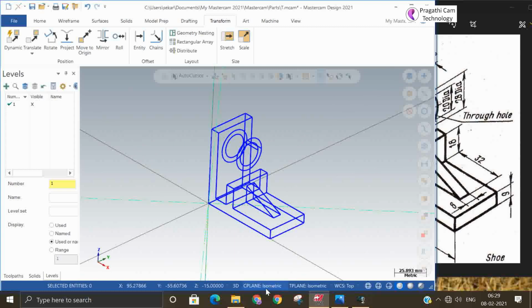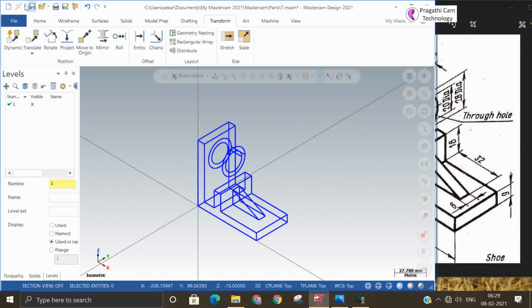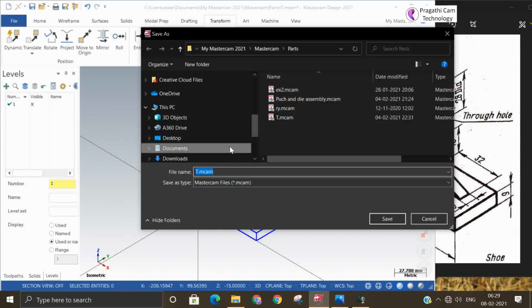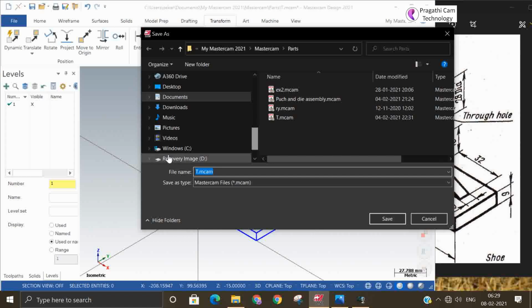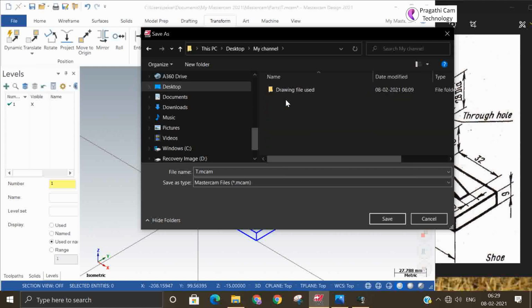But this example will give you an idea of how to make a 3D drawing. Okay, so we can save this. Always have a habit of saving your data regularly.